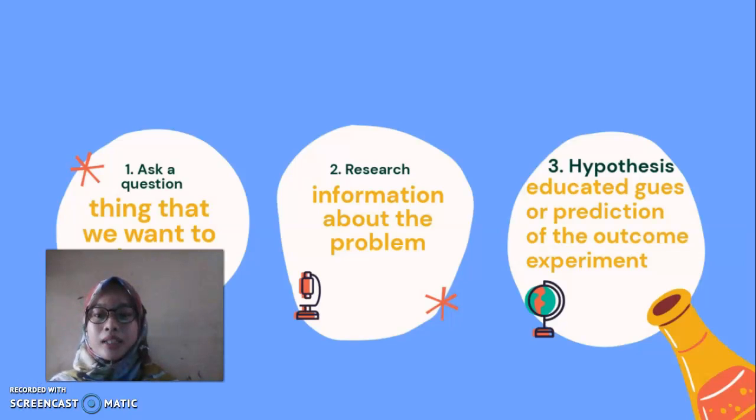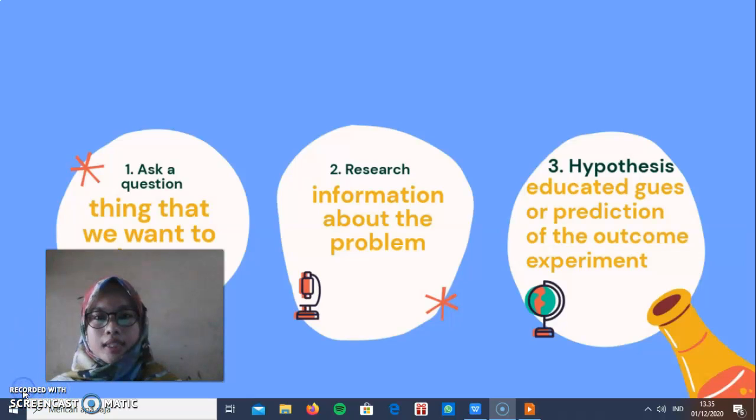First is a question. Ask a question. When we think that we want to know, the scientific method starts when we ask a question about something that we want to observe, and it's also a question that we can measure. After knowing what we want to identify, then we can begin to prepare results. To do this, we must identify a problem or a question based on observation of the world around us.